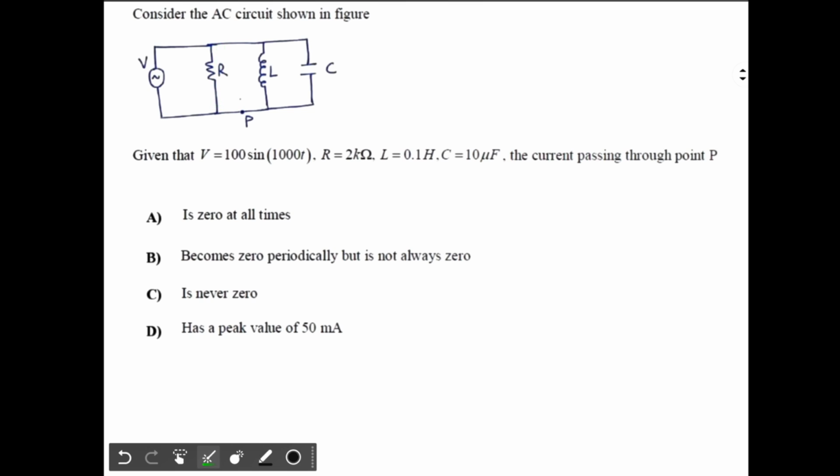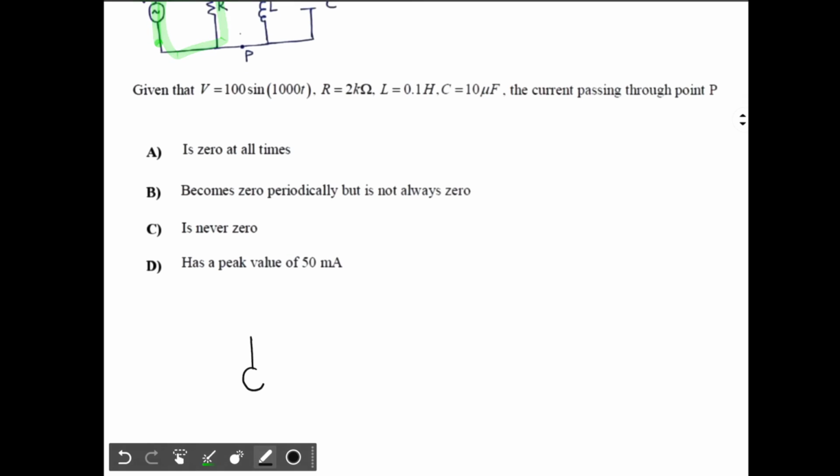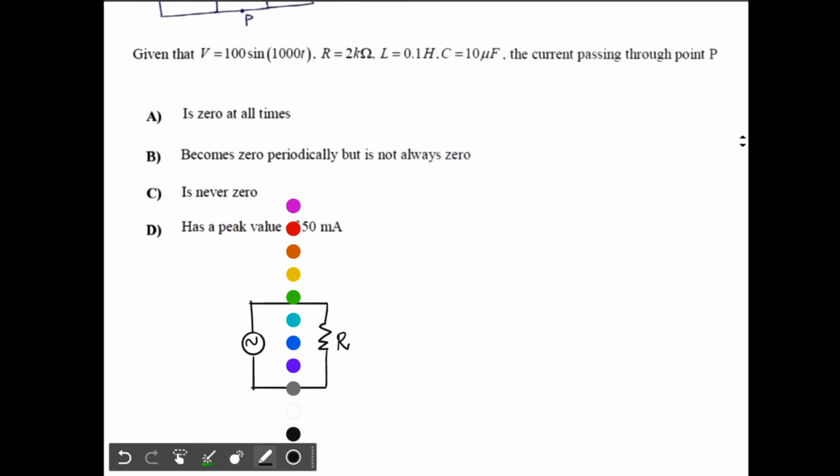That's very easy. First of all, let's find the current through each branch. Since they are in parallel, they are independent of each other. So first of all, we will just take this loop. I will take the voltmeter. Sorry, not the voltmeter, this is the power generator, the AC source of supply. And then we have the resistor. So what is the current through the resistor, IR?